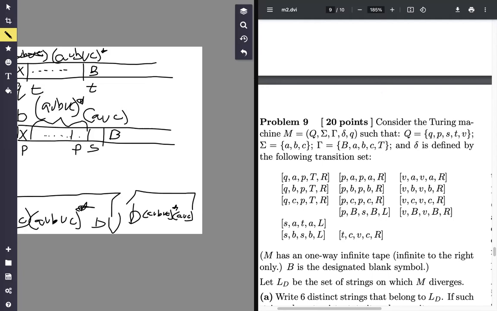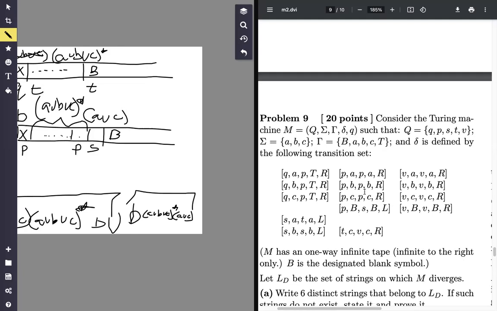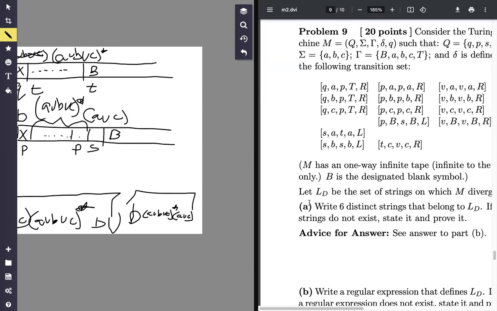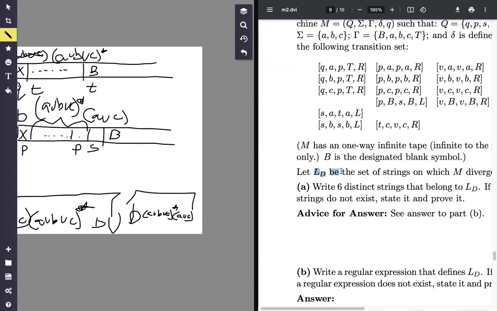Spring 2017. Okay. This is a Turing machine without a final state. If you notice, there's no capital F here. We have states, we have alphabet, we have tape symbols, we have transitions, we have a starting state, but no final state. This is an example of something that only halts and diverges. And we're actually only being asked to write L diverges,